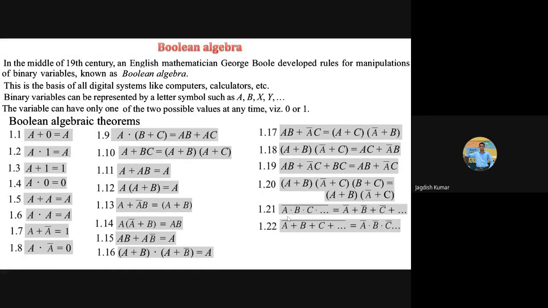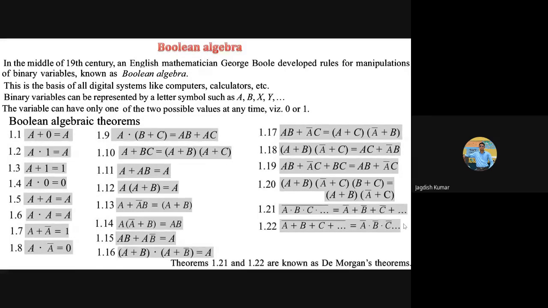I mean, we can design any circuit with the help of an AND gate and a NOT gate, or we can do the same thing using a NOT gate and an OR gate, not at all using an AND gate. So that's up to us how we want to use it. And another theorem says, again it follows from this one, if you replace each AND with OR, we get the result like this on the left hand side, and what will be the right hand side? A bar and B bar and C bar.